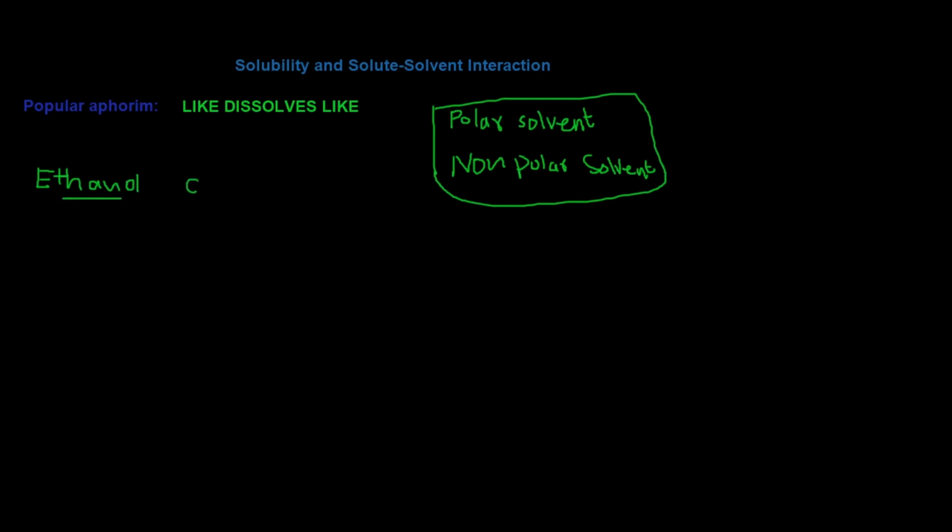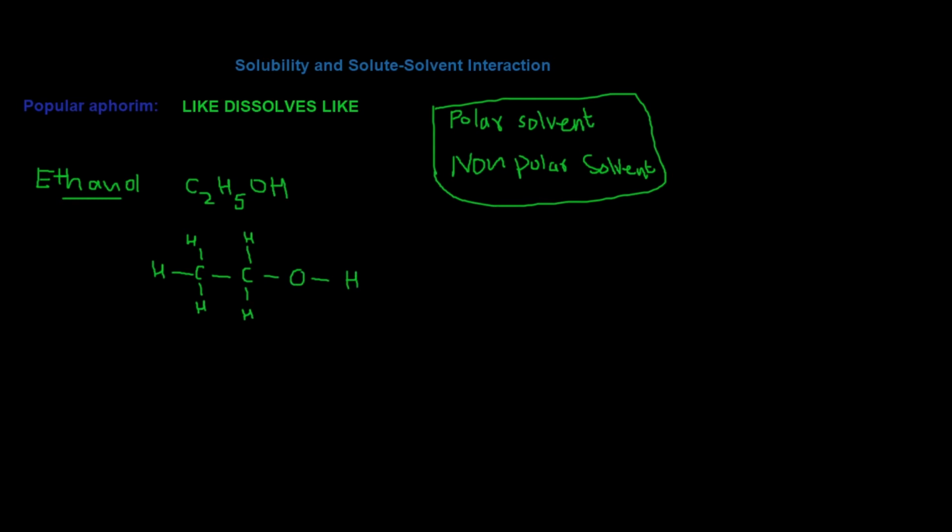Having the formula C2H5OH, we can also write it like this: carbon having 3 hydrogen atoms that is linked with another carbon atom which is having 2 hydrogen atoms, and that carbon is further linked with oxygen that is linked with a hydrogen atom.